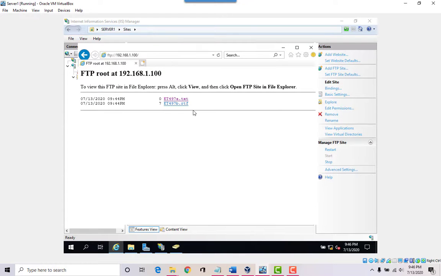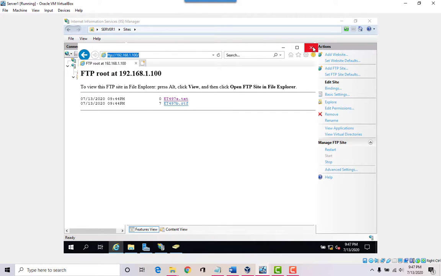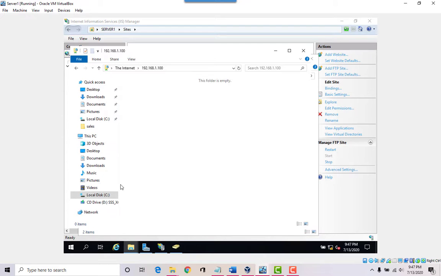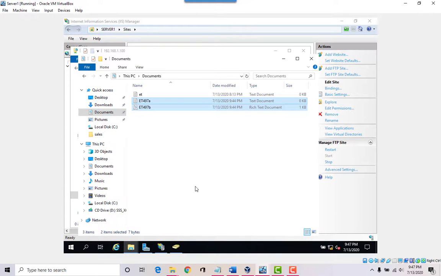So FTP is for very, very large files. There is another way to add the network. Use it like a network drive basically. Open your file explorer and you can just type in the address right here. Okay, let's refresh it a little bit. Here you go, and you can grab those files from the server, right, and you can put them anywhere you want to. Okay, so I made a copy in my documents folder.